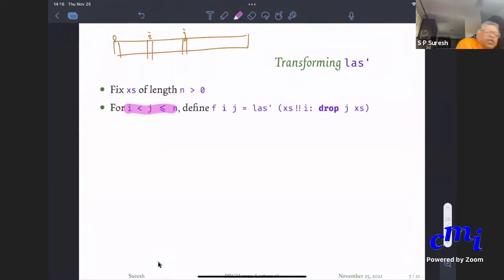If you're dropping j, then you are dropping everything from index 0 to index j minus 1. So you will include everything here, and you are also including xi. So that is what you're doing. That is what my F i j is.